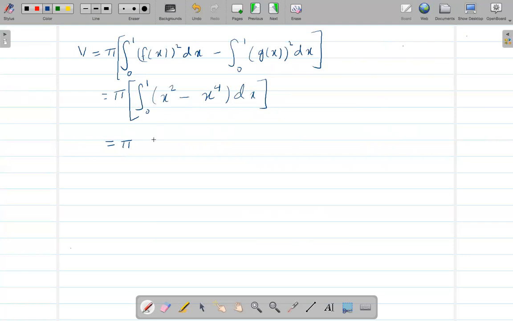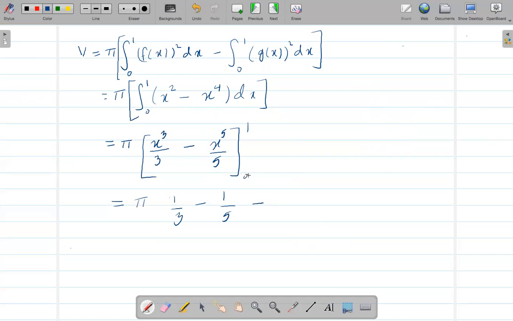Okay, so from here you will get x to the power 3, so x to the power 2 plus 1 is 3, over 2 plus 1 is 3, minus x to the power 4 plus 1 is 5, over 5, and the interval is from 0 to 1. Now plug this in here, so it will be 1 to the power 3 is 1 over 3, minus 1 over 5,